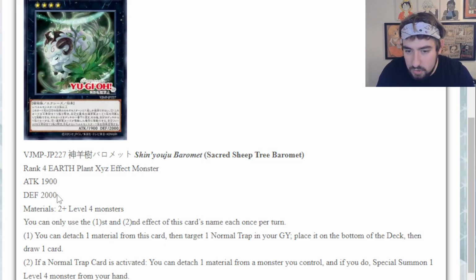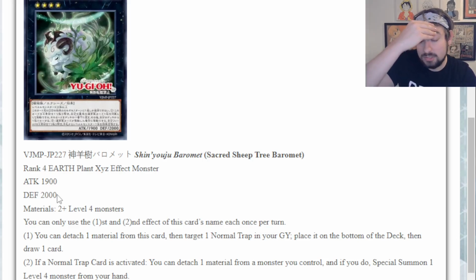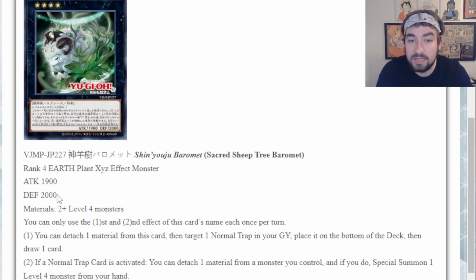The first effect reads, you can detach 1 material from this card, then target a normal trap in your graveyard, place it on the bottom of the deck, then draw 1 card. Actually, I really don't hate that. I mean, it's just a draw. It does have to happen once a trap card has already hit the grave, but depending on combos, even turn 1,